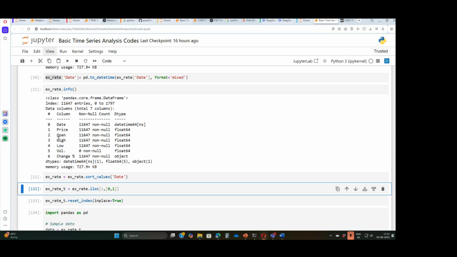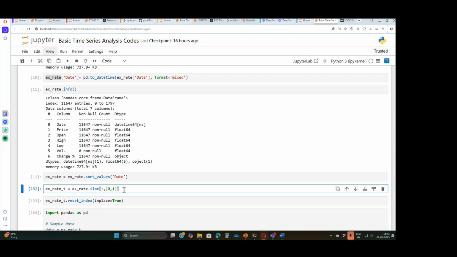And then I want only this date and the price, so I do a subsetting which I call exchange rate_T, which is equal to exchange rate.iloc. I want to subset based on the column numbers, 0 and 1. I want all the rows and just columns 0 and 1. So now this takes care of that.